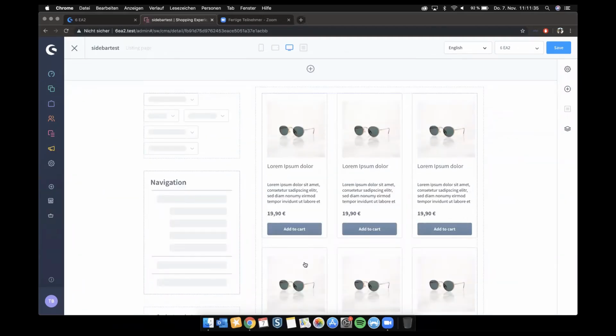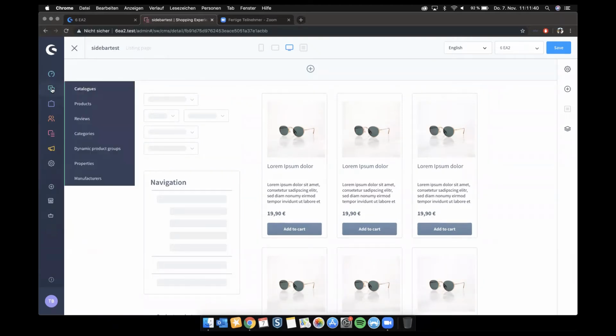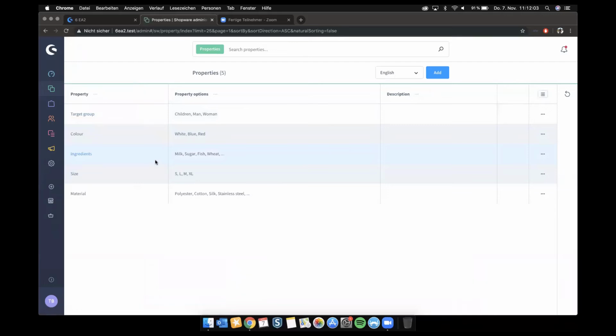Talking about filters, we also added them to the front end. We can now have filters based on variants and properties. In Shopware 6, we just use properties which can be used as a variant option. So we don't have the two features which we had in Shopware 5, like variants and properties, which were different. Now you just have the properties where you can see all the functionalities, all the options you can have for